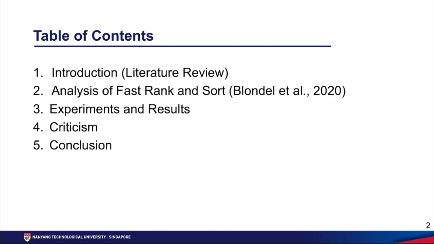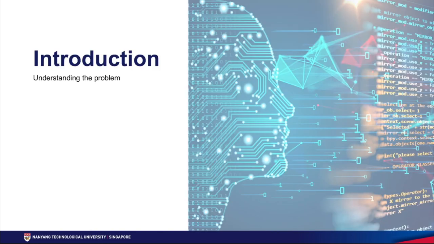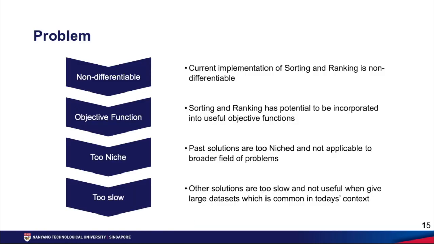So first, an introduction. The current implementation of sorting and ranking is non-differentiable. Furthermore, they have the potential of being incorporated into useful objective functions. As such, the current ranking and sorting functions cannot be used in end-to-end machine learning models as the objective function for gradient-based algorithms. The current solutions to tackle these problems are also either too niche, where they cannot be extended to other types of problems, or they run too slowly, which is detrimental given the large datasets which are common